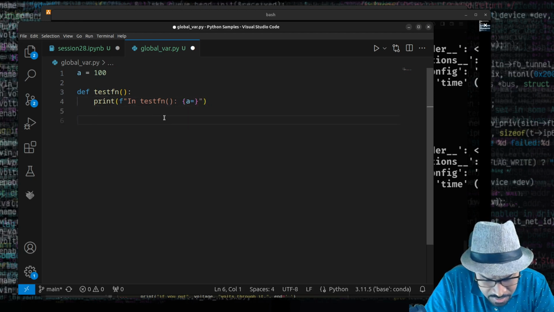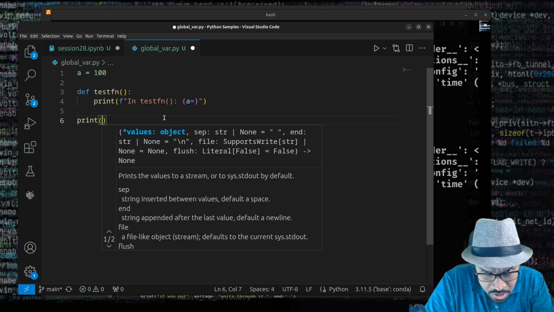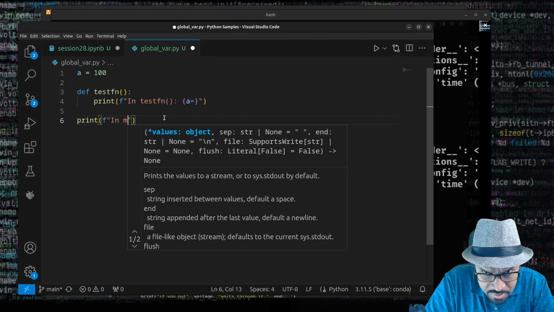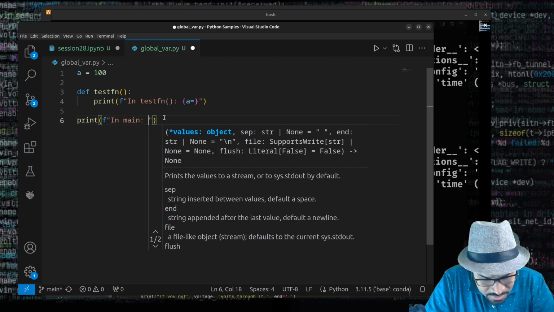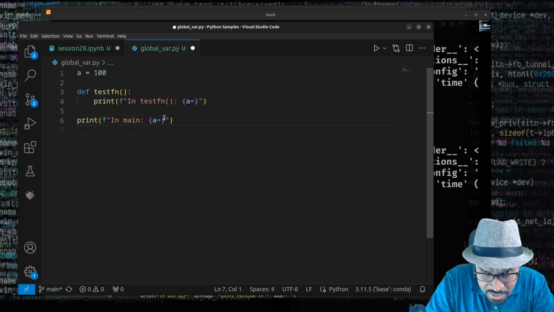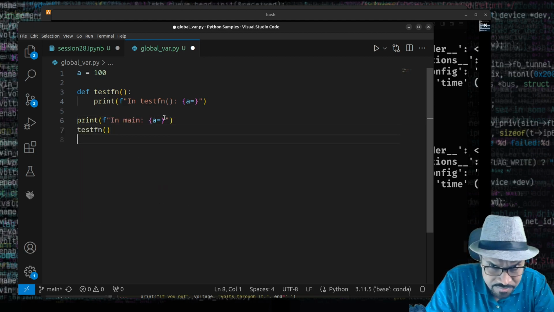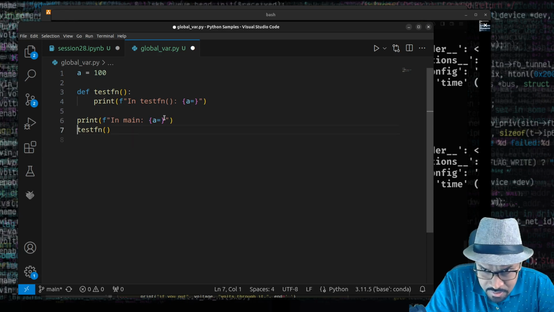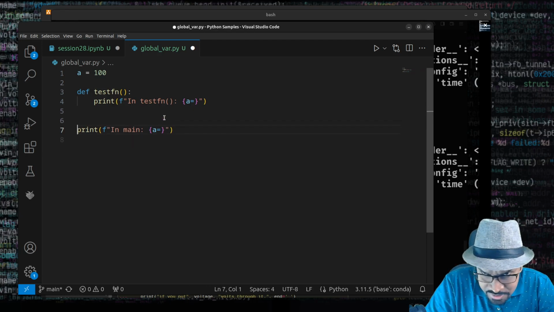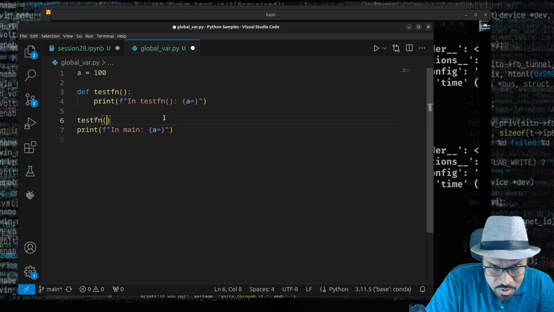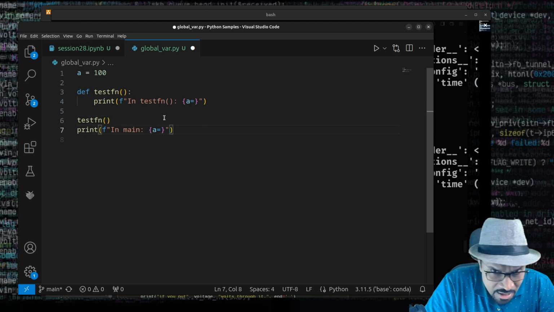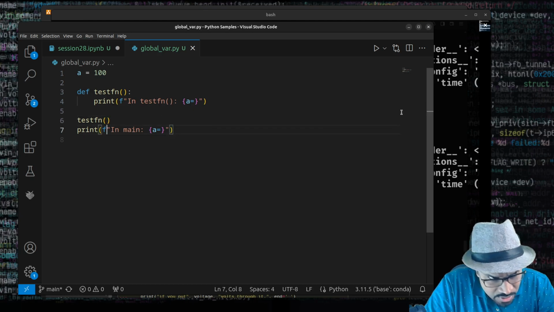And this time I'm just going to print this is outside the function. The moment I unindent this code, it goes outside the function. And in here, I'm just going to use in main. I'm just going to call this main program as main, right? So let's call it in main a equals this, and I'm going to call testfn function. Or maybe I can just put this on top. It doesn't matter where you put it, right? Let me call the function first, so you'll just know what the function sees that variable as and how main sees it. So when I run this code now,